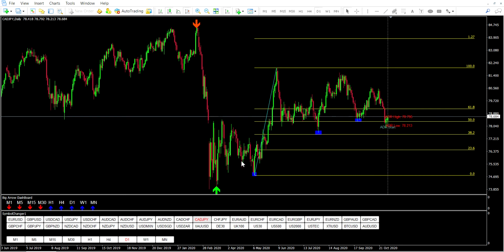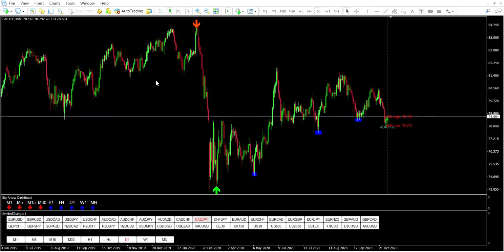CAD JPY, this is a nice one, so ignore that fib, let me get rid of that. So this one happened like here, it broke the structure, so we can draw that on like that. It came up A to B, it came back down to the 23.6, it went up, back down, went lower, 23.6, got in all the way up to the 161.8 level, hit that level,